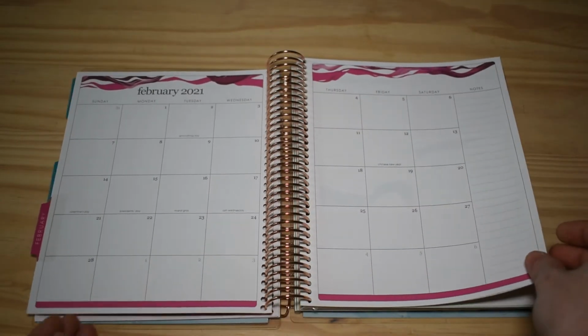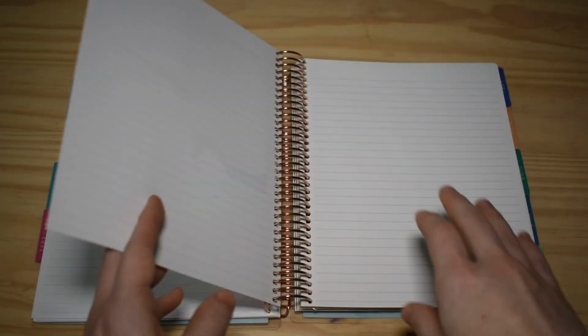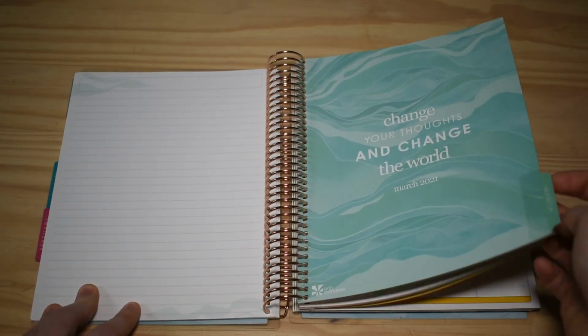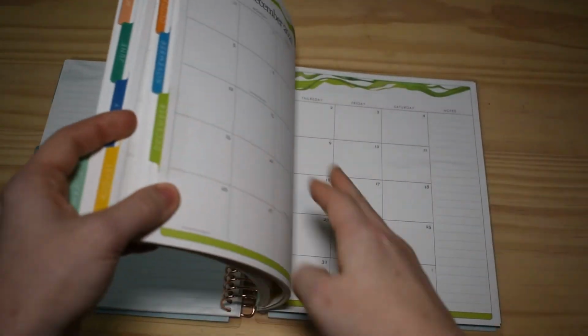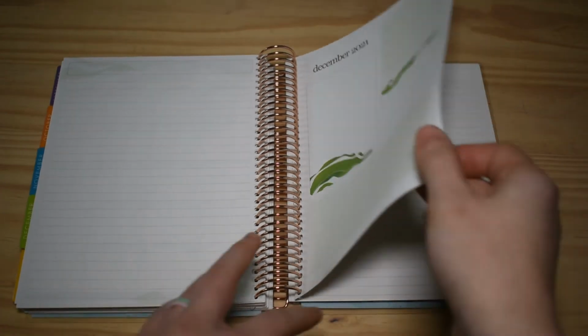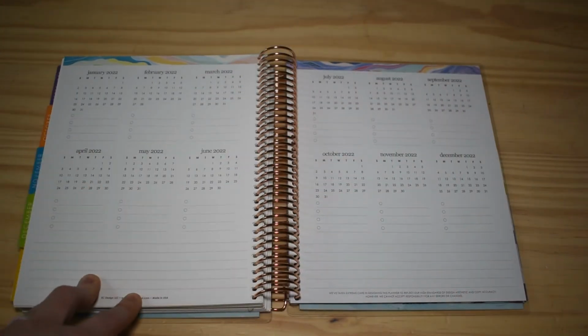So again, here is the month, then your dashboard page, and then 8 pages. 1, 2, 3, 4, 5, 6, 7, 8, and then you're into, again, the next month. After the final month, which is, in my case, December, so here's your dashboard, 1, 2, 3, 4, 5, 6, 7, 8 pages, and then you have a look at